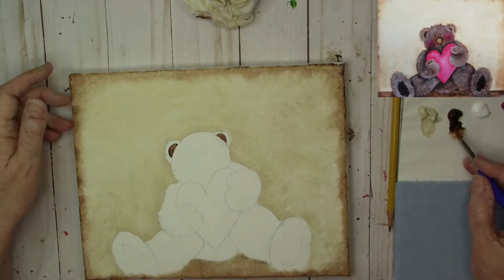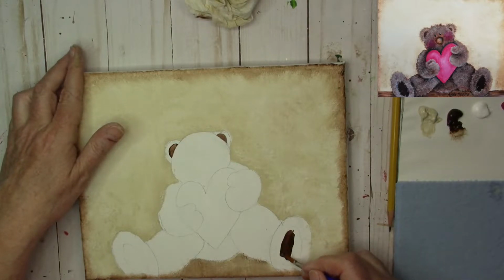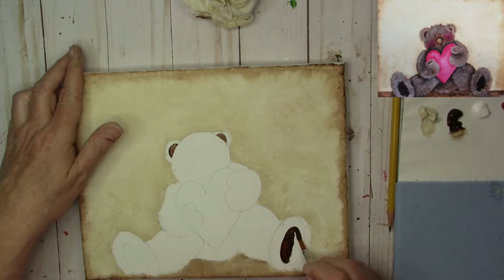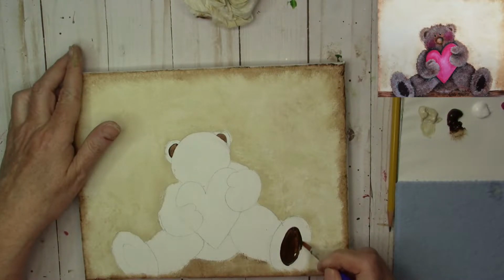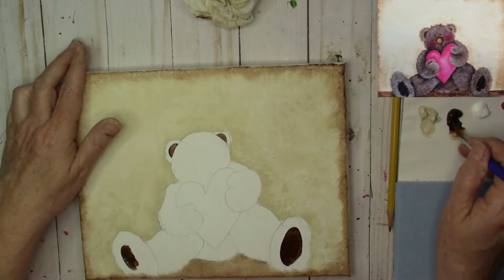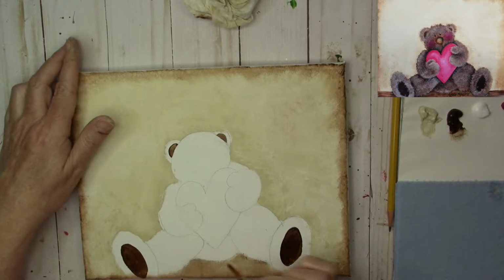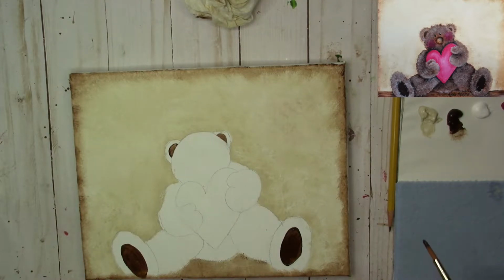Okay, and then I'm also going to paint inside the pads of his feet with burnt umber also. Just try to smooth it out as best you can. It can look uneven because we're going to be pouncing and making some texture inside there. Okay. All right. Pretty cool. Okay, while that's drying,